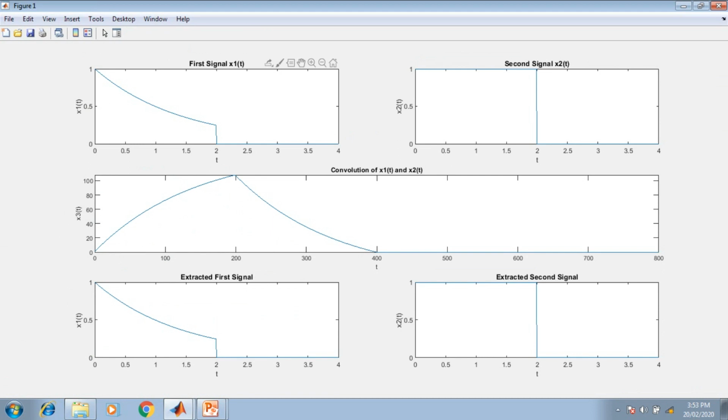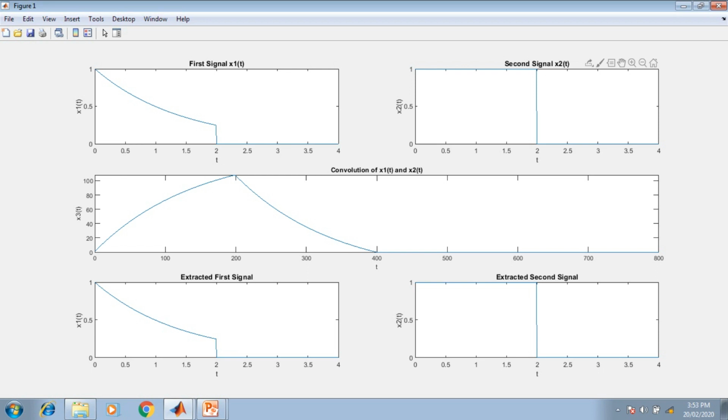So in the first cell here we have the first signal represented x1 of t. You can see the shape. This is according to the mathematical logic that has been represented into the program statement, and in the similar fashion we have x2 of t into the second cell.